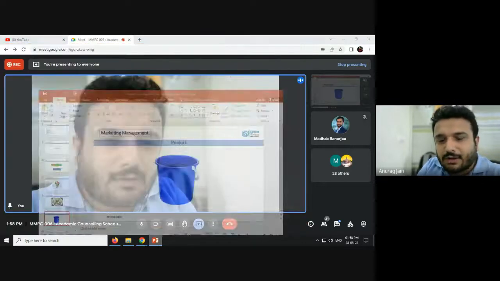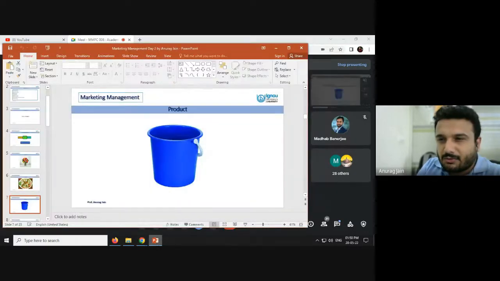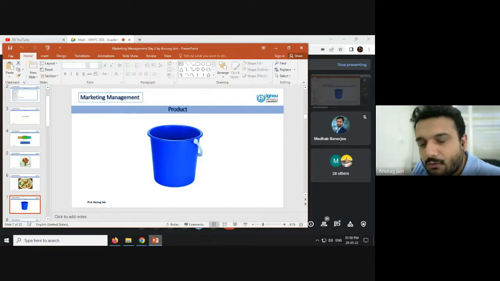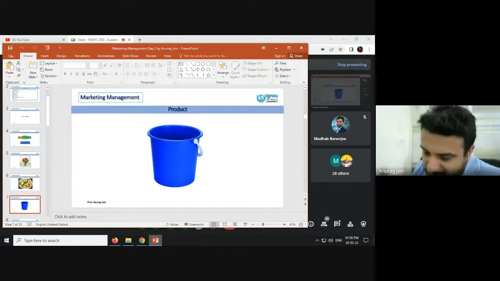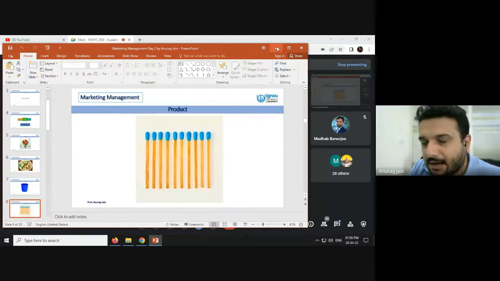But what usually happens whenever I go for buying any kind of bucket? Possibly some of you may, but it is not the case that every time we go for buying a bucket, we look for a brand only, or we always start searching for that particular bucket with the brand only. So I'm going to buy Cello's bucket only, I'm going to buy Nilkamal's bucket only. It hardly happens. It may happen with some people, but it hardly happens.